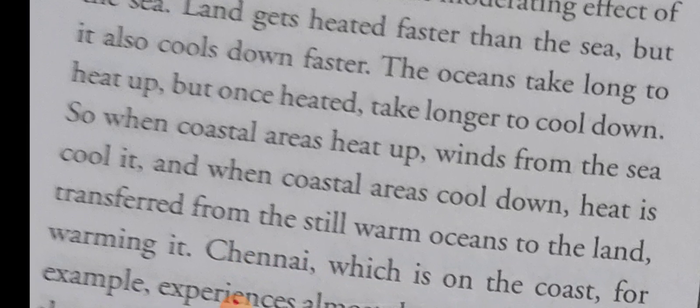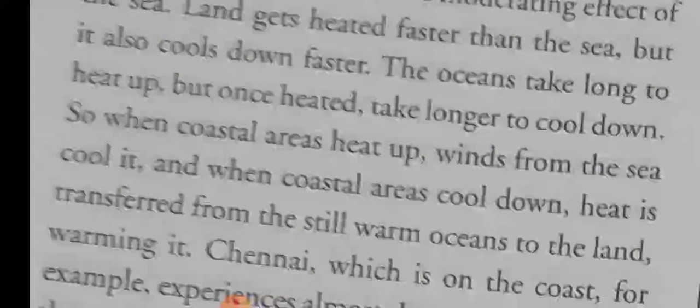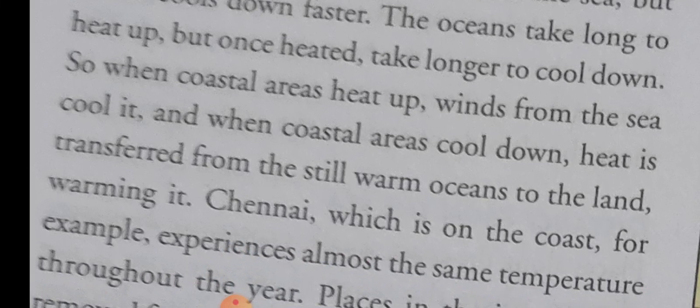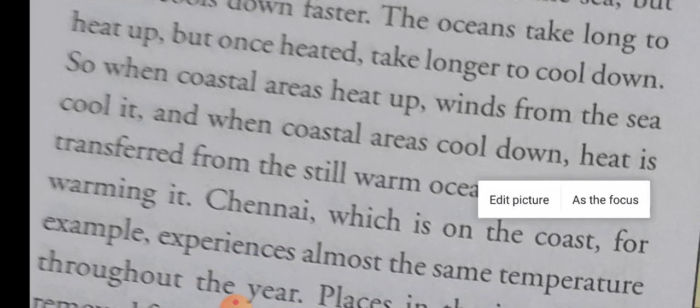So when the coastal area heats up, winds from the sea cool it. जो समुद्र की तरफ से winds आती हैं वो इस एरिया को ठंडा कर देती हैं. And when the coastal area cools down, the heat is transferred from